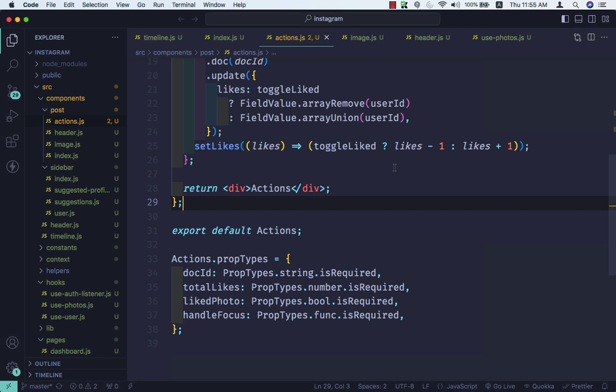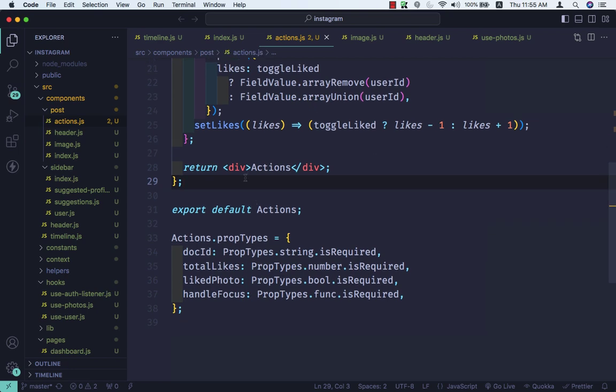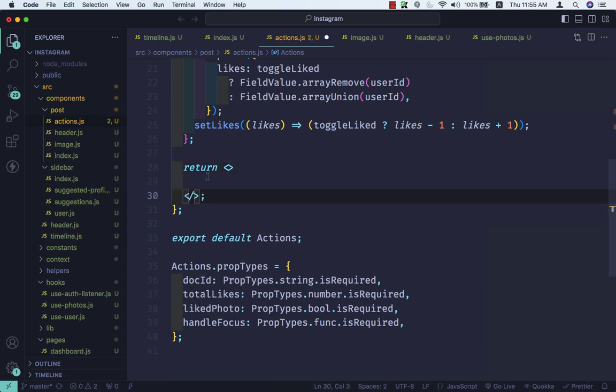Hello friends, welcome back. In this video, we will start working on the UI to show the heart and comment icon. So here, instead of this div, I'll be using React fragment. So I'll just remove this div. Okay, so now we are using React fragment, and here I'll be taking a div,